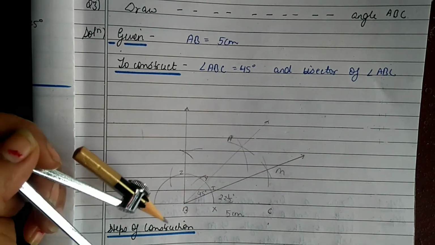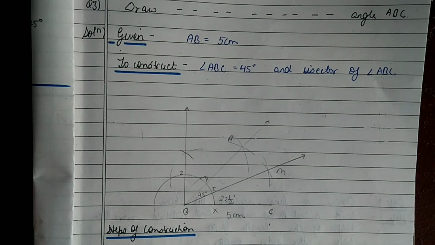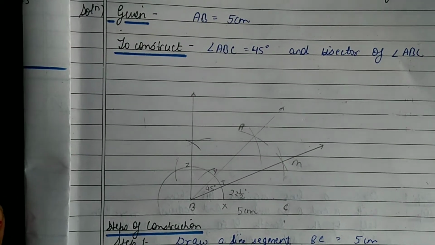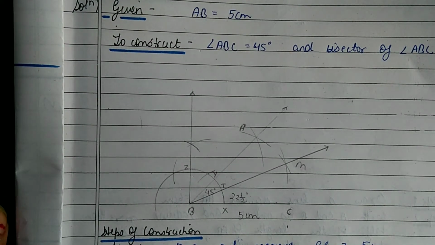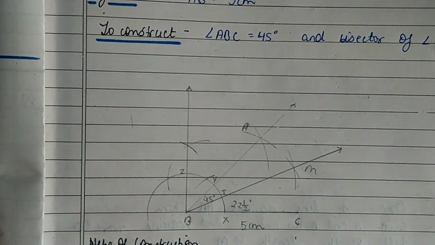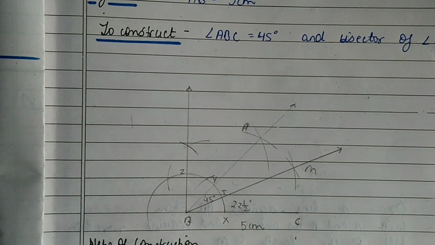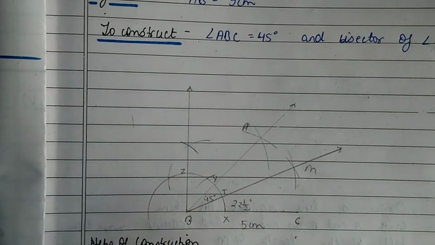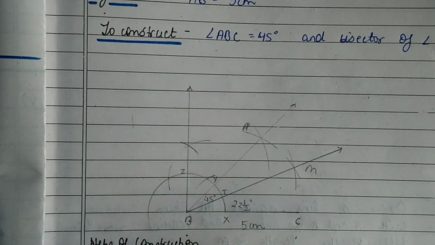It means MBC is 22.5 degree. It means the required angle is MBC equal to 22.5 degree and ABM equal to 22.5 degree and ABC is equal to 45 degree. First we have to make 45 degree. For 45 degree you have to make a